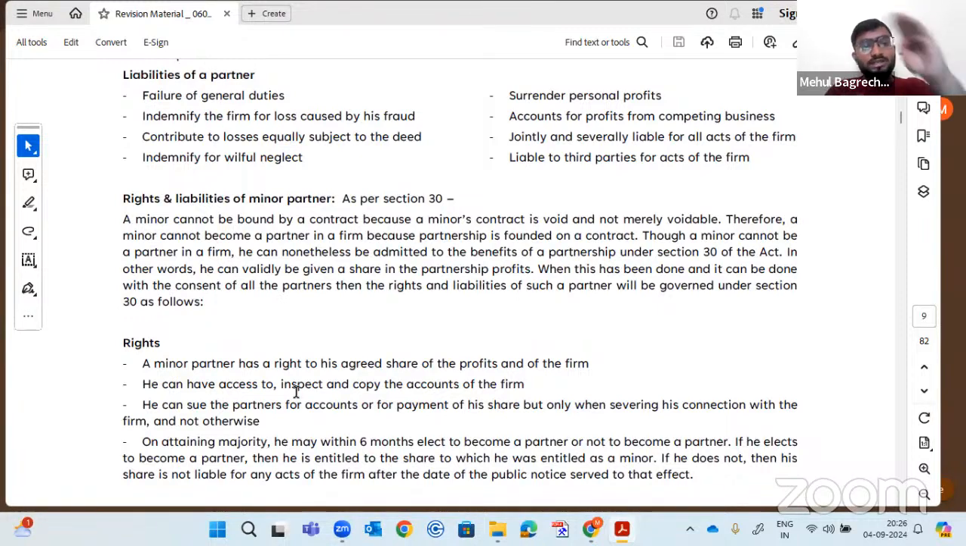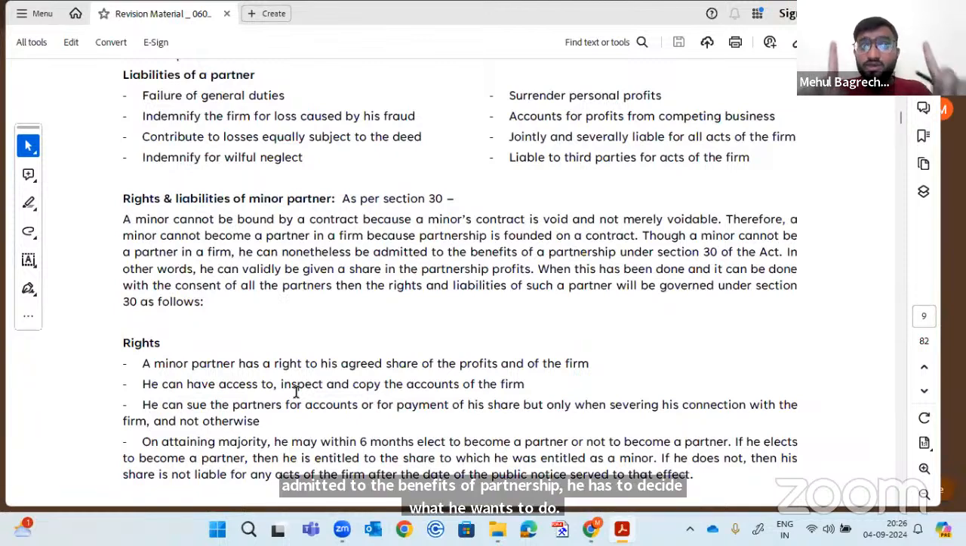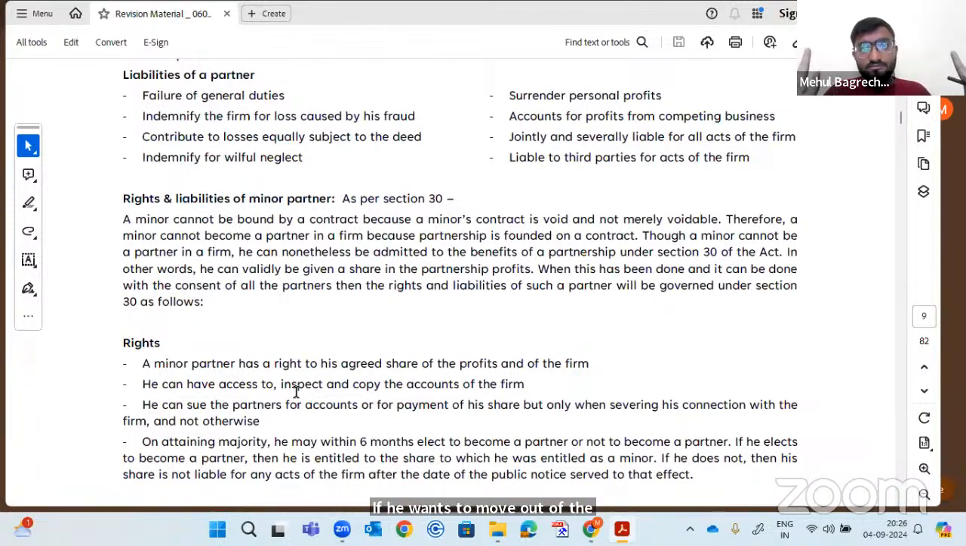Now the point is, once he turns major, two things. Within a period of 6 months from the day he gets to know that he's been admitted to the benefits of the partnership firm, whichever is later, he has to decide what he wants to do. If he wants to move out of the partnership firm, he has to give a notice to the world. If he does not give a notice to the third parties, then it will be presumed that he is continuing